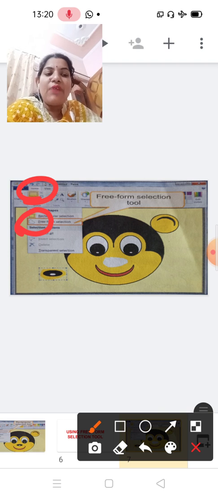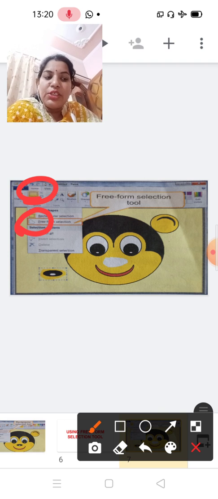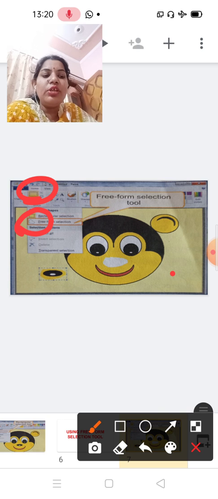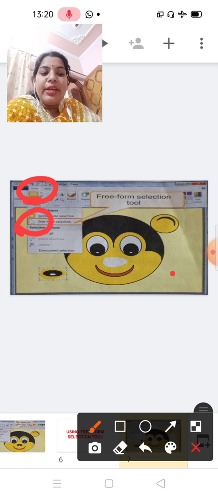First of all, you have to select the freeform selection tool and place the pointer on the drawing area. Select the object by holding down the left mouse button and moving the pointer around the outer boundary of the object. Release the mouse button after selecting the object.